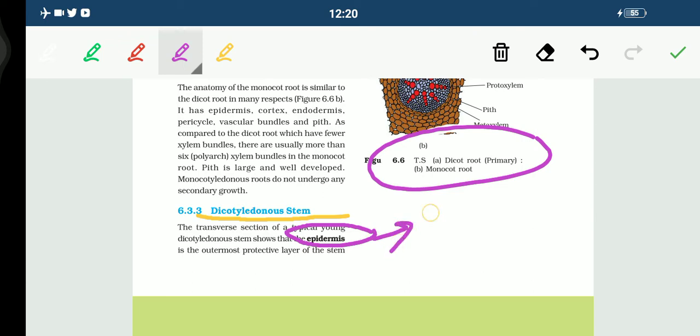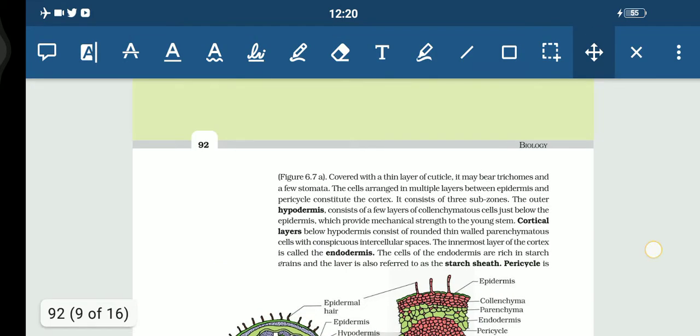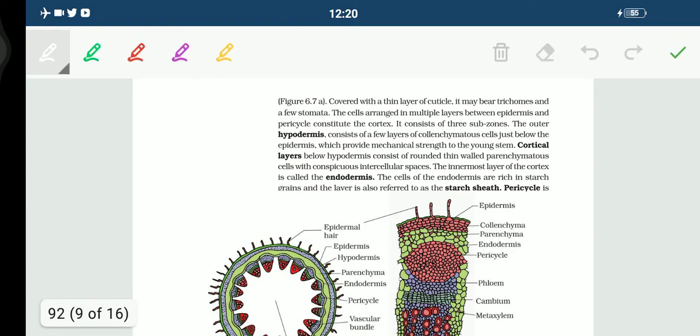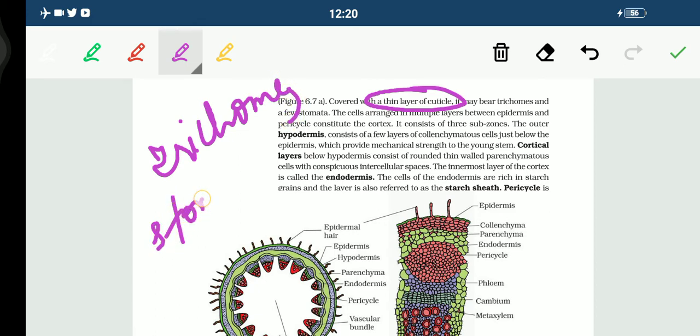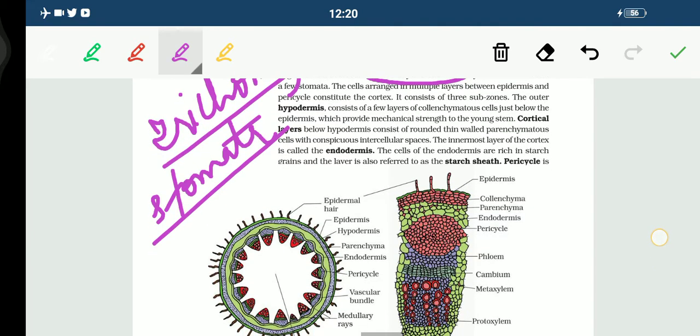is the outermost layer, and it is protective in function, right students? It is protective in function and it consists of a thin layer of cuticle. Now students, it may bear trichomes, which are the hair-like structures that I have already explained to you, or stomata. So these things can be present here, and the cells arranged in multiple layers between epidermis and pericycle, it